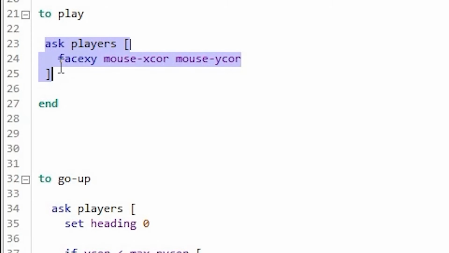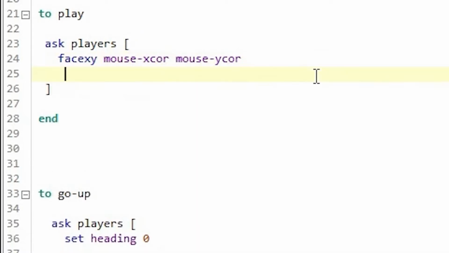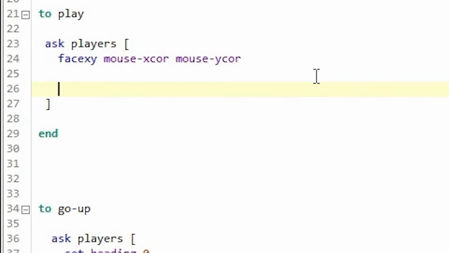every time this play procedure is getting executed, it is getting executed in an infinite loop. Right now it's asking players just to face the mouse coordinates. In addition to that, we are going to add another logic specific to players. So that means if the mouse button is down,